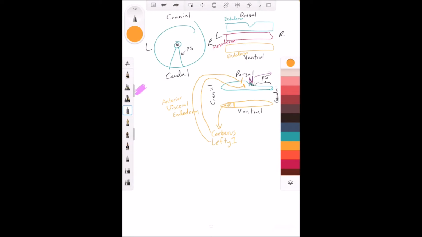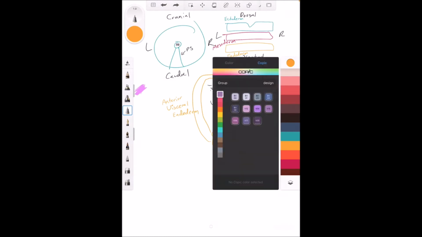Dr. Rylon also talks about 3 other proteins that are expressed by the anterior visceral endoderm. Those are OTX2, LIM1, and HESX1, but I think these 3 are pretty low yield because they don't show up ever again. So I think the main ones to learn are going to be Cerberus and Lefty1. The anterior visceral endoderm makes Cerberus because it's on the head side, and also Lefty1, and these stop nodal from spreading